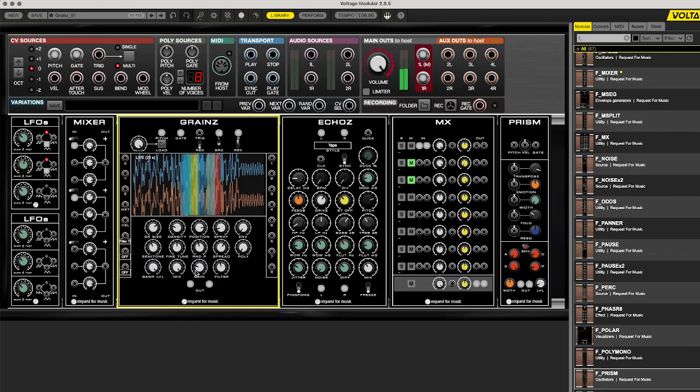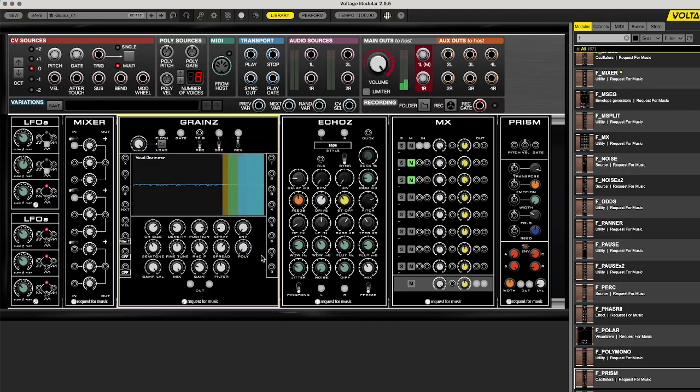Even with not readily available samples, you can still create your own this way and work around with that. So yeah, I hope that gives you an idea of what grains can do for you. And yeah, I might make some examples now and then